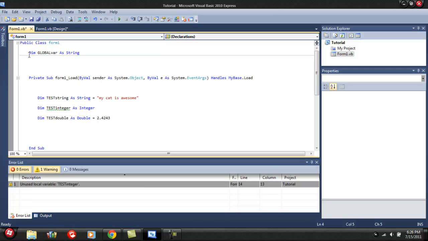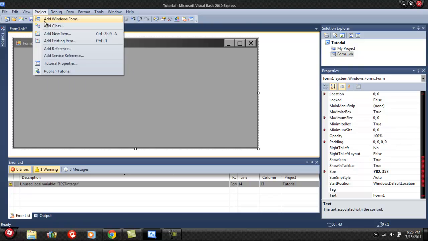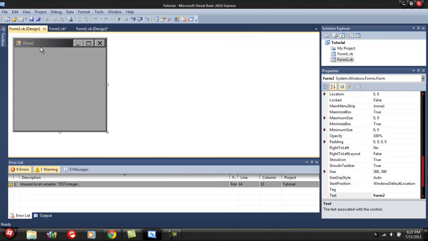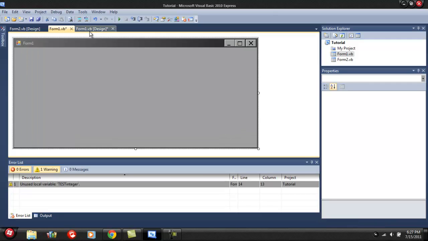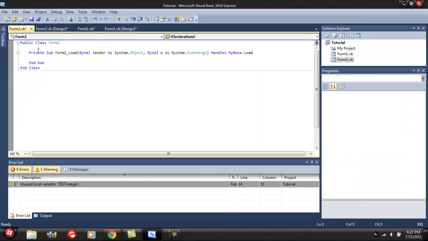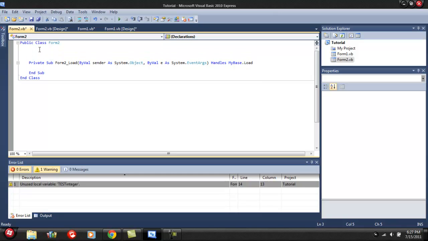Now here's how to make a public variable. Say you have multiple forms. Let's go ahead and just add a form. This is handy if you have a login, and you want that password and username to go to your main form. So on your other form here, right above, under class form, instead of saying dim, we're going to say public